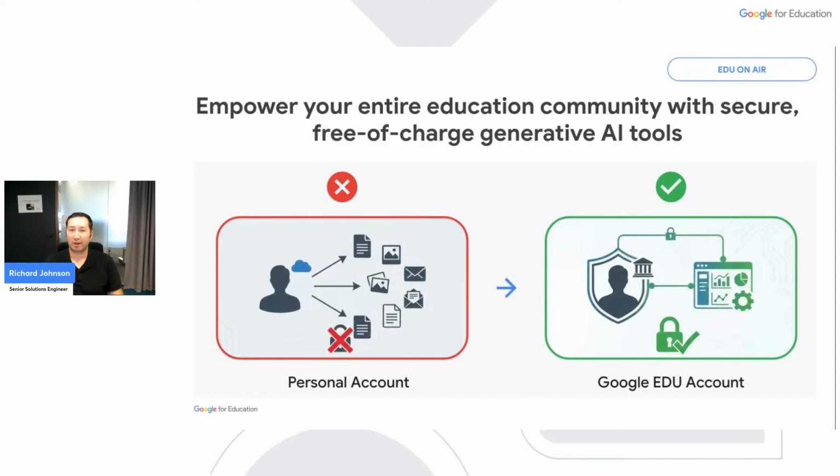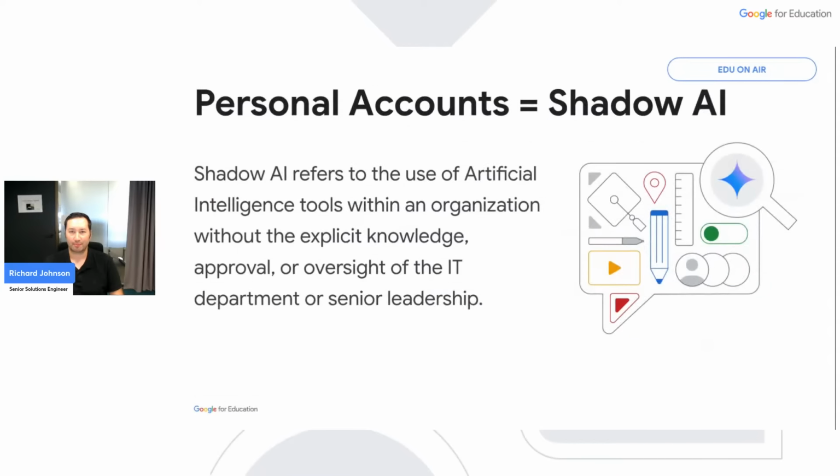Users can bring their own AI accounts just like they're bringing their personally controlled laptops to campus. Consumer accounts that are attached to a personal Gmail account don't have the same level of data protections, review protocols, and guardrails that the Education Edition does. A Google Education account is free and easy to deploy in your institution. It provides your users with enterprise-grade data protections that ensure the AI model prompts and responses don't leave your digital ownership. Now, it's all good and well to say this, but why is this important?